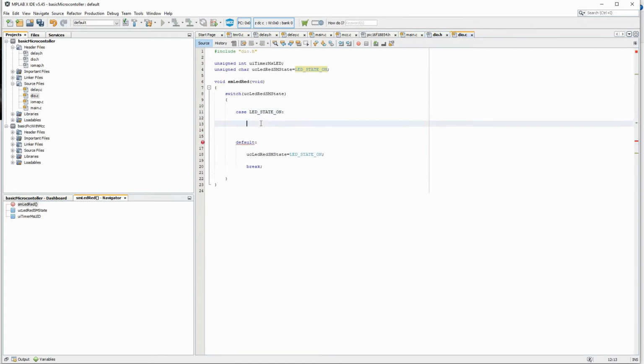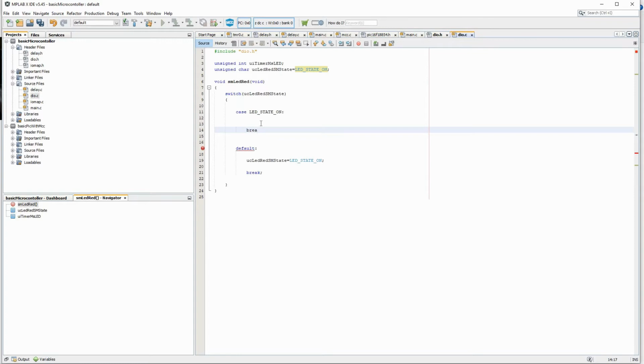this is the first case, there is a break.